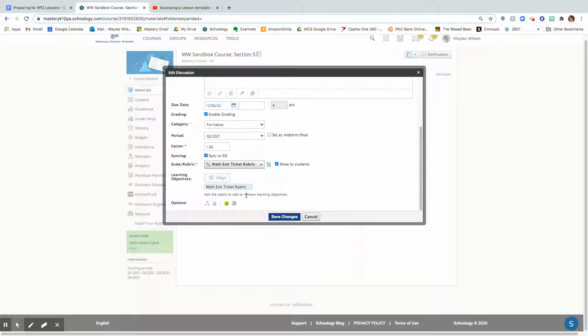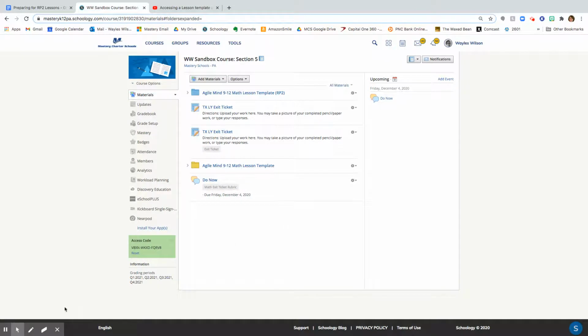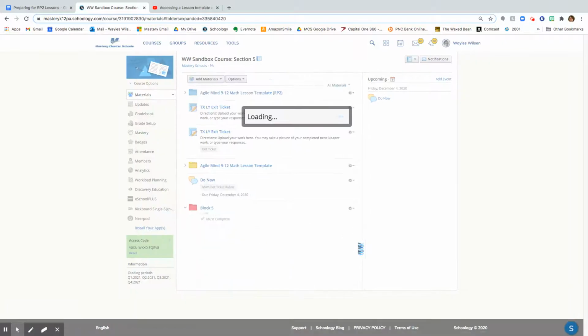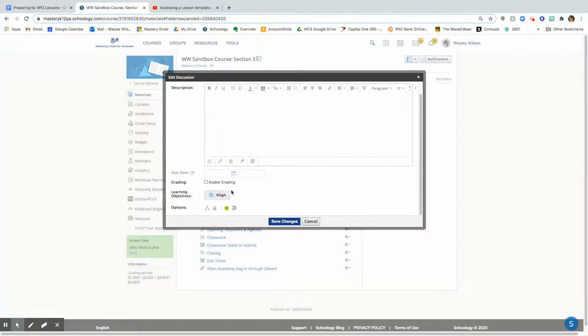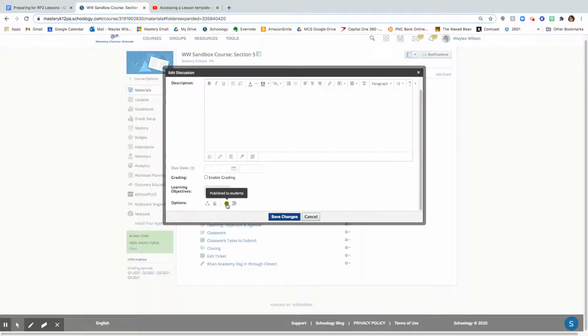And I'd be also able to install learning objectives if I wasn't using that rubric. So here's another lesson example that I've moved over from my curriculum group. So not only do I need to edit each of my graded items, so all of my discussions, my do nows, and closings, my assignments, as well as my assessments, all need to manually have some kind of touch point. So you're going to need to add your due date, your grading, and you can add learning objectives or rubrics, and you need to make sure they're published